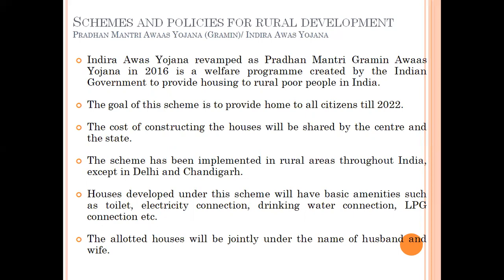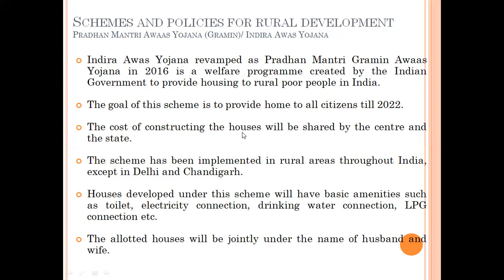Indira Awas Yojana was launched in 1985 by Rajiv Gandhi, our former Prime Minister. And this program was started under the Ministry of Rural Development. And under Indira Awas Yojana, the construction of houses for the BPL population in the rural villages was the objective. So the goal of this Pradhan Mantri Awas Yojana, which was initiated in 2016, is to provide homes to all citizens till 2022,